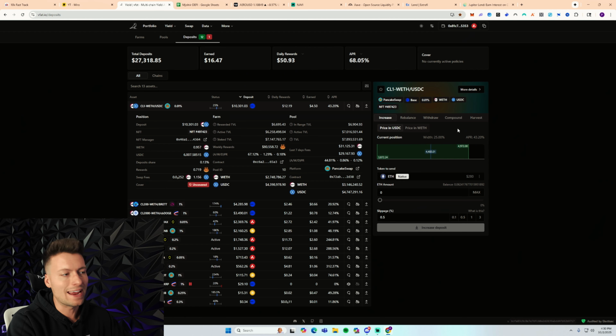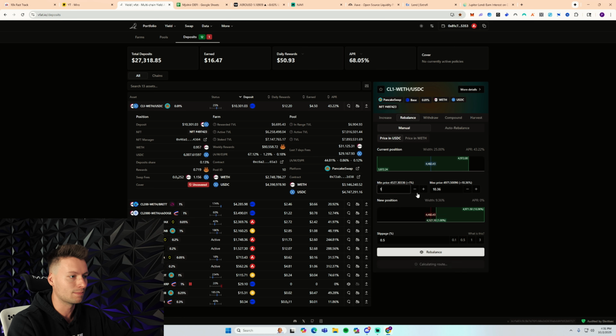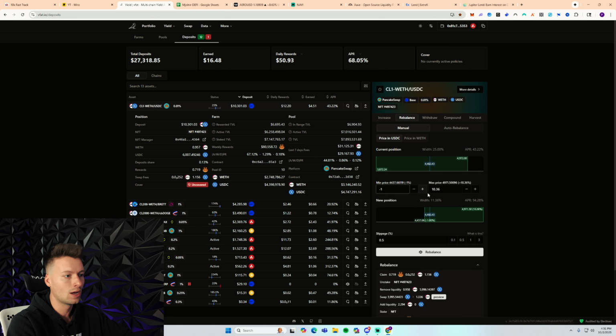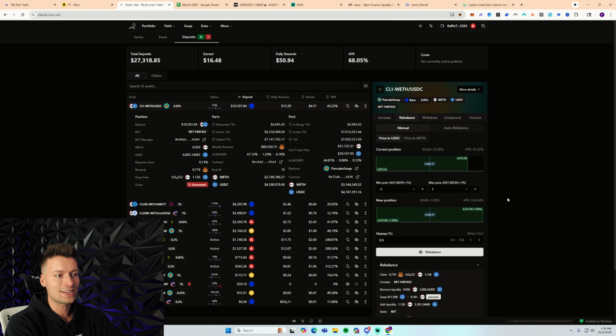Just to use a very easy example, I wanna look at something like ETH USDC. So it's important to break down the ranges and really understand the inner workings and compositions of a liquidity pool. Right now, this one is 25% wide, but I want to use this rebalance tool to show you what something would be when it is much, much smaller. So for example, I'm gonna do a -1 and a +1%. So this is a 2% wide pool,